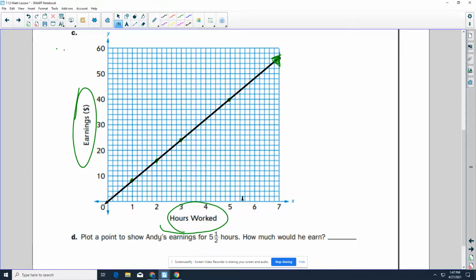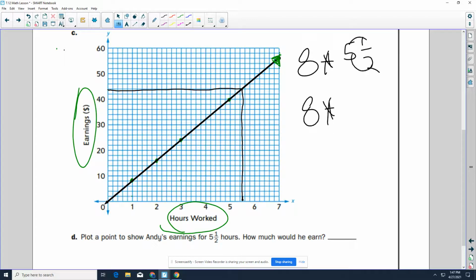And if I have a pencil, I can go all the way up until I intersect with this line. And I could follow it over. And you would want to erase this. But I can see that he would be working 42 hours. Another thing we could do to check just to see if our line is accurate is I could